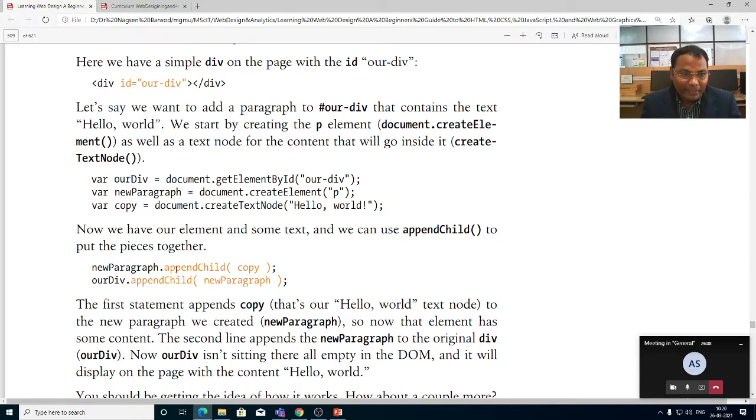So new paragraph dot append child copy, then our div append child new paragraph. To save this file we can do this. We'll try it.